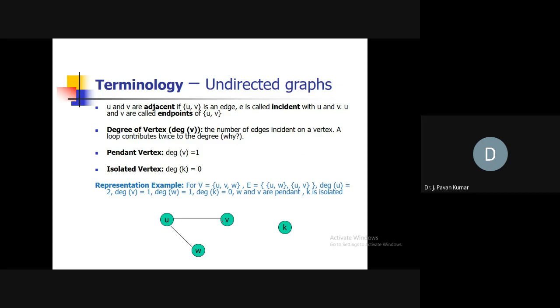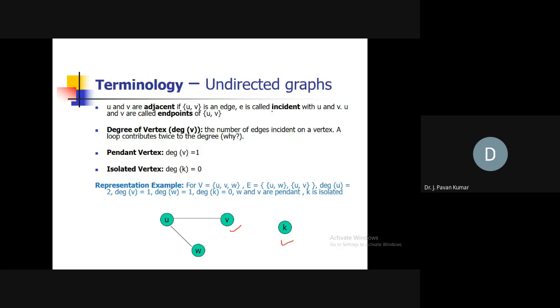Whether v and k are adjacent or not in this? V is one vertex and k is another vertex. These two are not adjacent. Similarly, v and w are also not adjacent vertices, but u and w are adjacent vertices. And with respect to